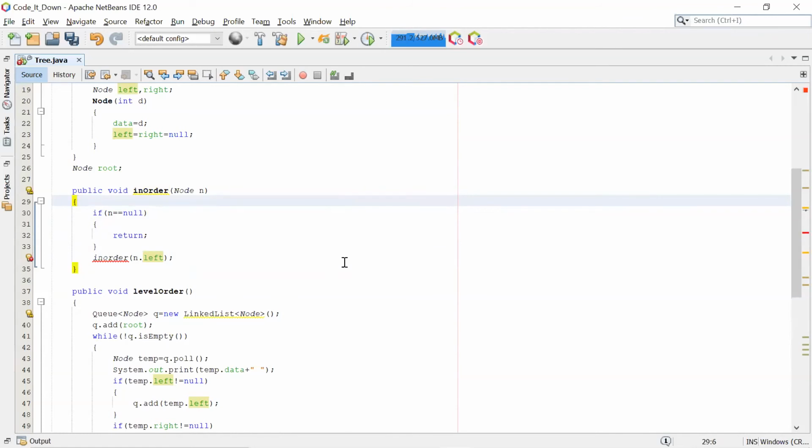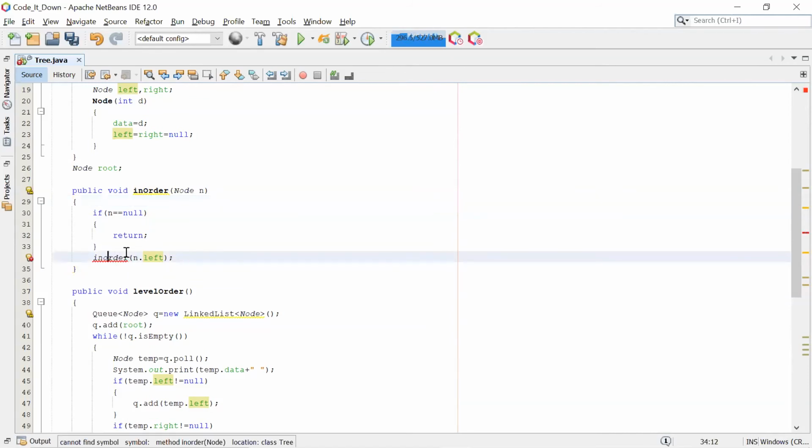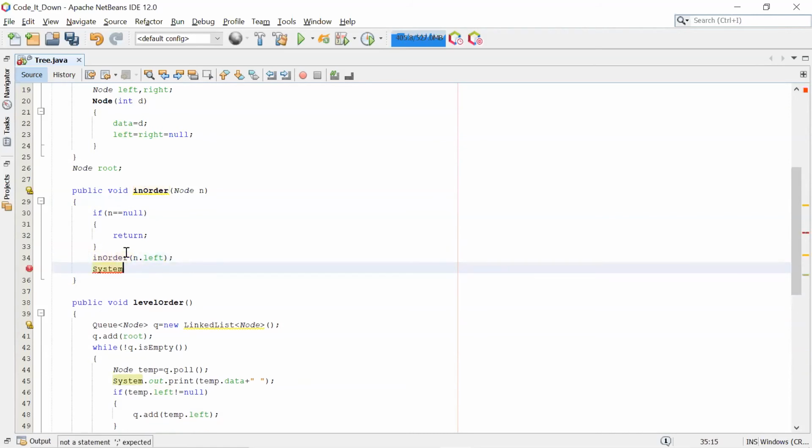The left node was 4, the extreme left. 1 is the parent node, then 2 is the left node, then 3 is the right node, then 4 and 5 are the left and right nodes of 2. So recursively it will go till we get the node 4. After that we'll print the data of n, that is the data part. I'll explain again after writing the code, don't worry.